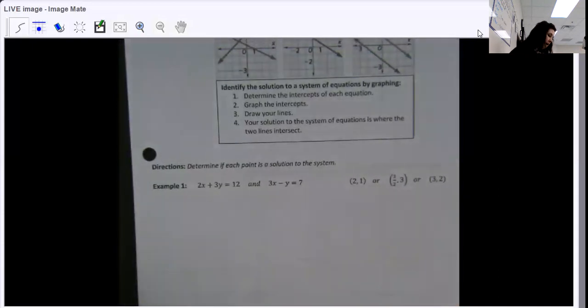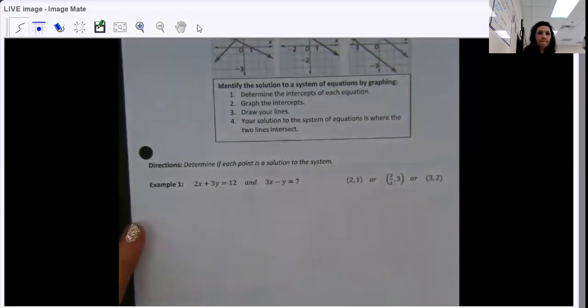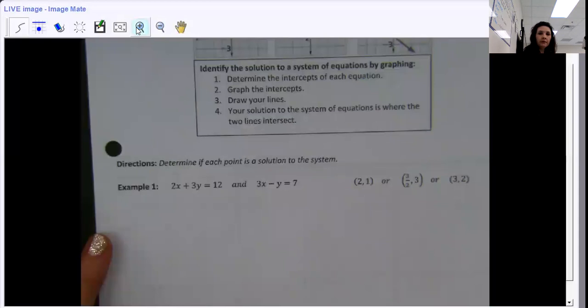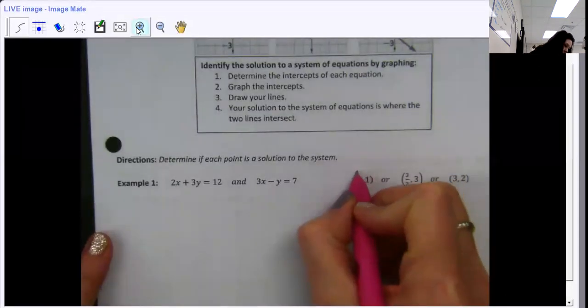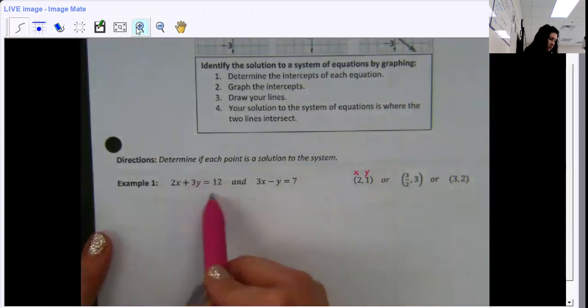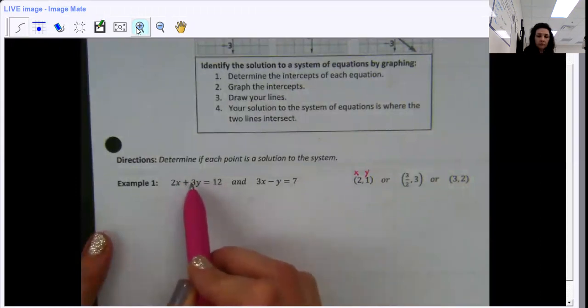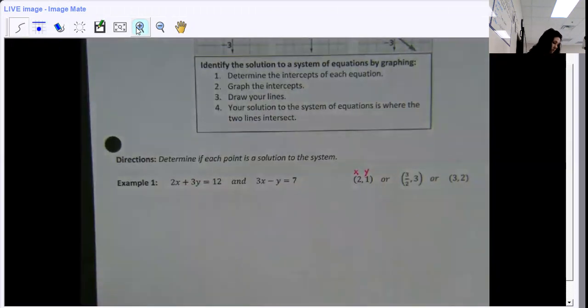All right, so I'm going to take this ordered pair right here, 2, 1, and this is my x and this is my y, and I'm going to plug my x into where the x is and my y into where the y is. I'm going to do that for this equation, and then I'm going to solve. And then I'm going to do the same thing for this equation. Okay. So we have